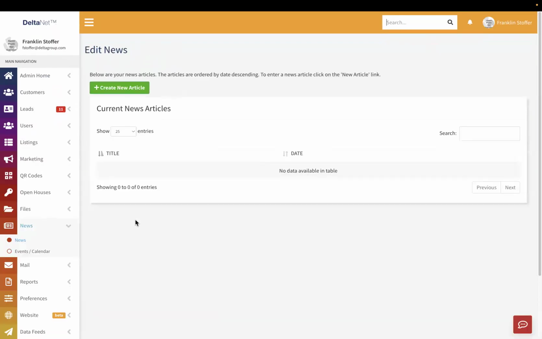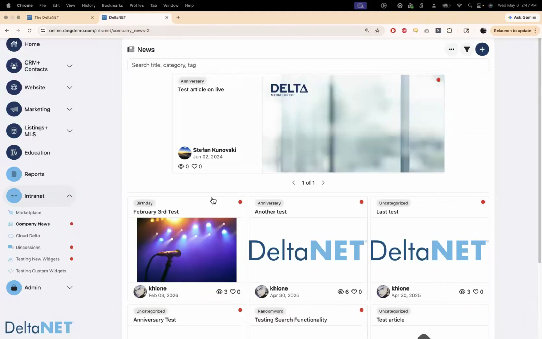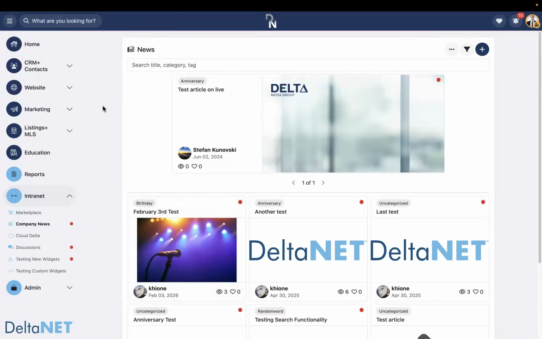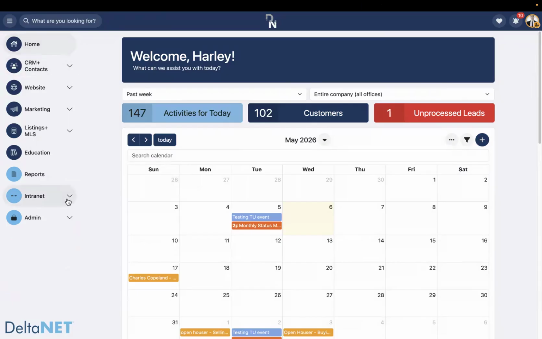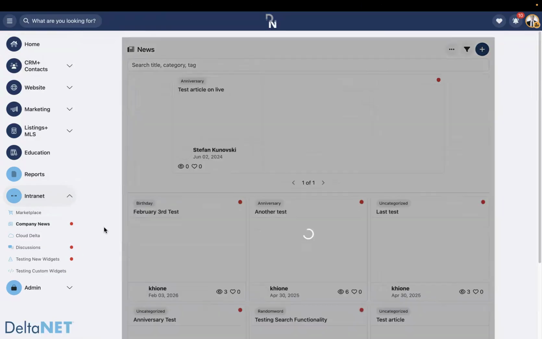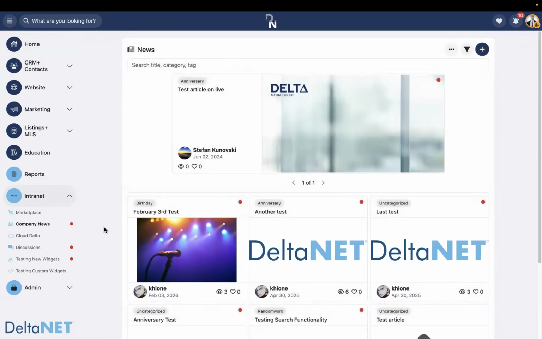This experience has been massively updated within DeltaNet 7. So if you're an administrator that would like to access the company news information widget in DeltaNet 7, you're going to click on the Intranet tab and then select Company News. The first time you visit this widget, if you don't have any news articles, this whole section will be blank. And what you'll need to do before you can view this blue plus button is you're going to need to